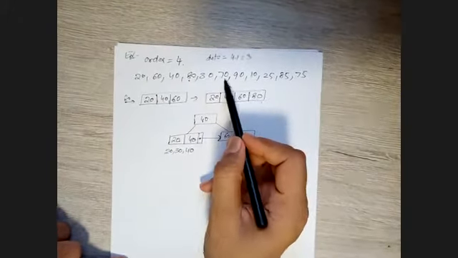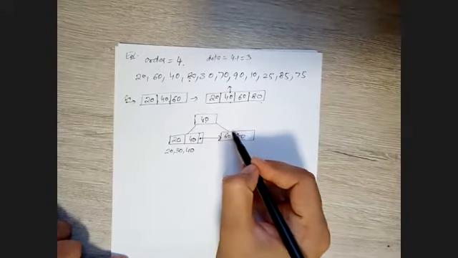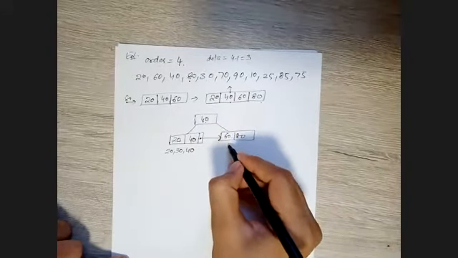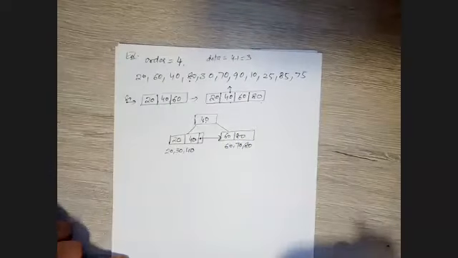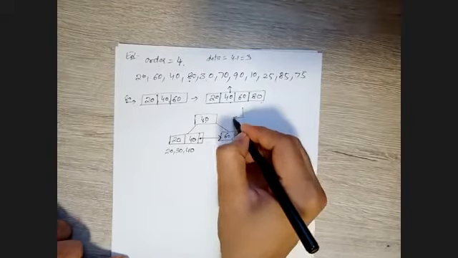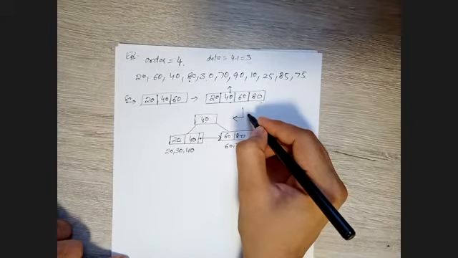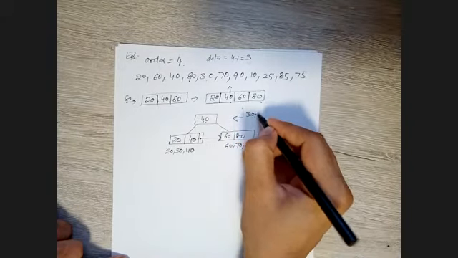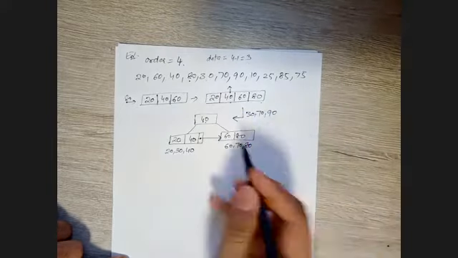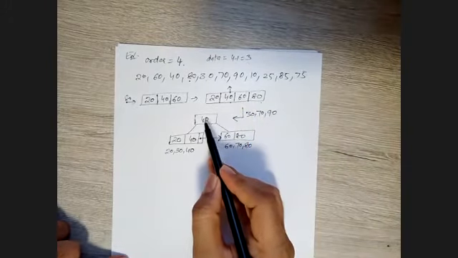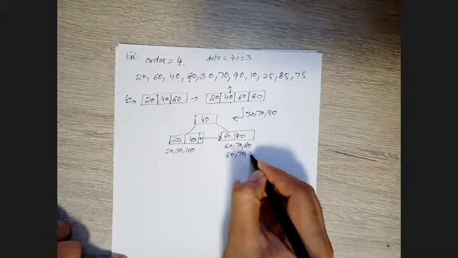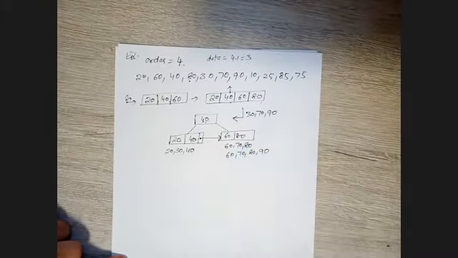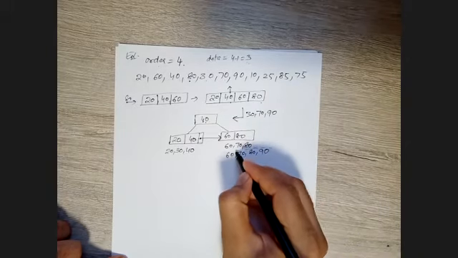After 30 we have 70. 70 is greater than 40, so it will go in this direction and be added here. So we have 60, 70, and 80. There is still no overflow, right? So we inserted 30 and 70. But when we give 90, it will go over here, greater than 40, move on here, and be added over here. So we have 60, 70, 80, and 90. Now we have these values in this node.